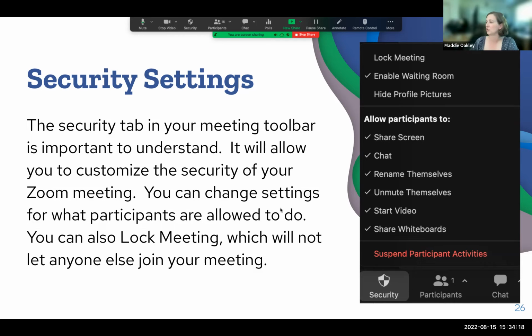And when you click on security, you'll be able to disable people from renaming themselves if they're doing something inappropriate, or keep them from being able to unmute themselves if someone keeps unmuting and you hear the yelling going on in the background. So this is just nice to be able to have those really quick options while you're hosting a meeting.